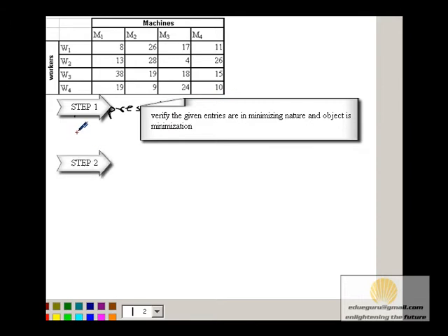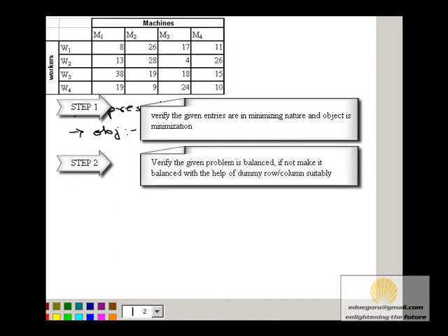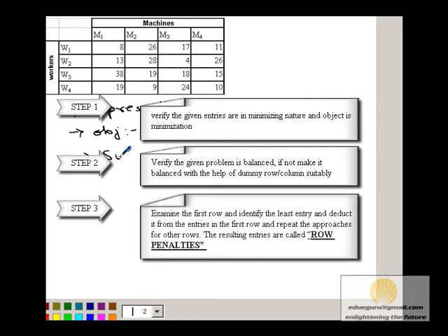The next step we look into is whether the sum is balanced or not. By balanced we mean whether the rows and columns are equal in number or not. If not, insert a dummy row or column suitably. When we are looking at rows and columns, that also gives a matrix type. The number of rows and columns is the matrix type. In this particular sum, we have 4 rows and 4 columns, so that gives us a matrix type of 4.